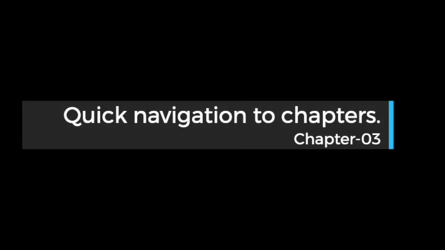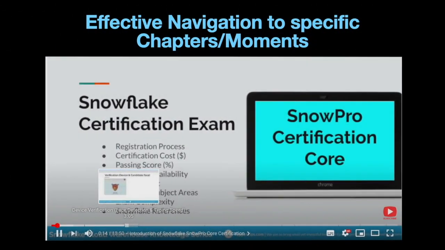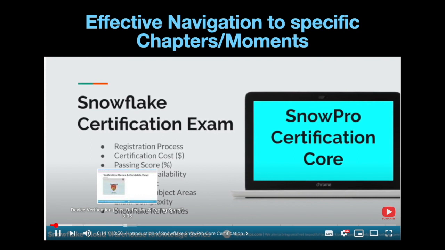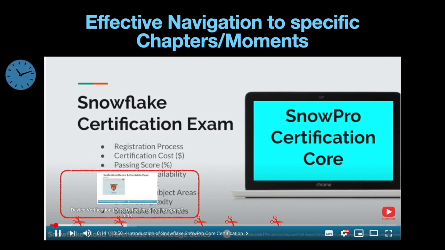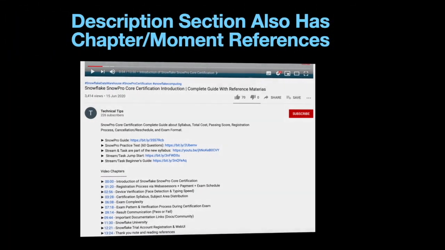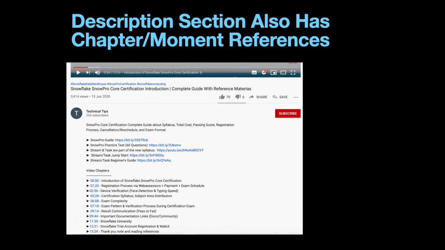I value your time and I don't want you to watch the complete video if you are interested in a specific section. The entire video is divided into 9 sections, or chapters, starting from the introduction to the reference section. While watching the video, hover your mouse over the timeline and you can see the chapter demarcation along with the chapter description and jump to a specific part of the video directly. Alternatively, you can refer to the description section below and see the list of chapters along with the chapter descriptions. This also helps you move back and forth to different parts of the video.